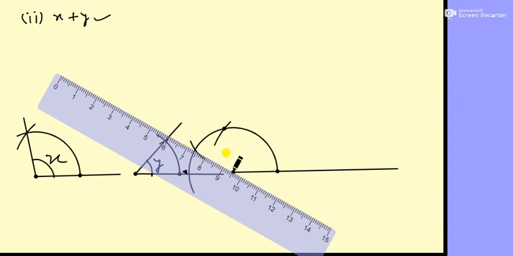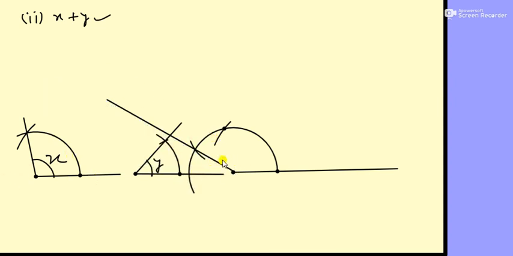So with the help of a pencil you can draw like this. That is the x plus y angle. Remove this one, and this angle is x plus y. So you can draw this one and write the angle here, x plus y. First of all it is PQR, and it is LMN, and that angle is ABC. So it's very simple, you can draw it very well.